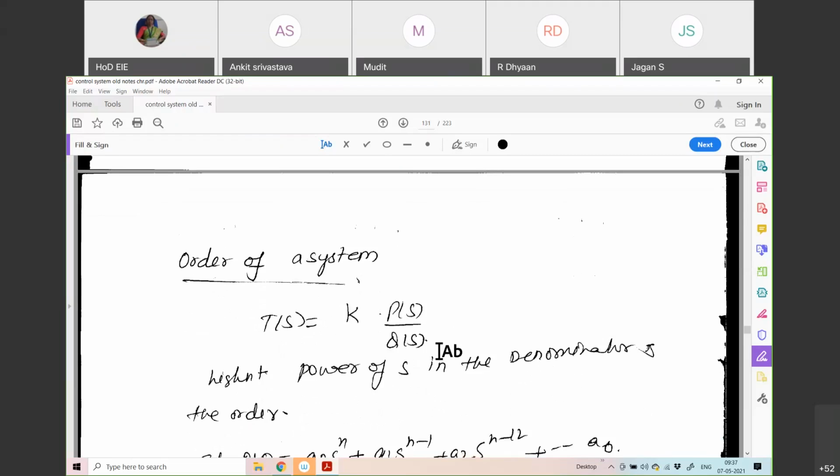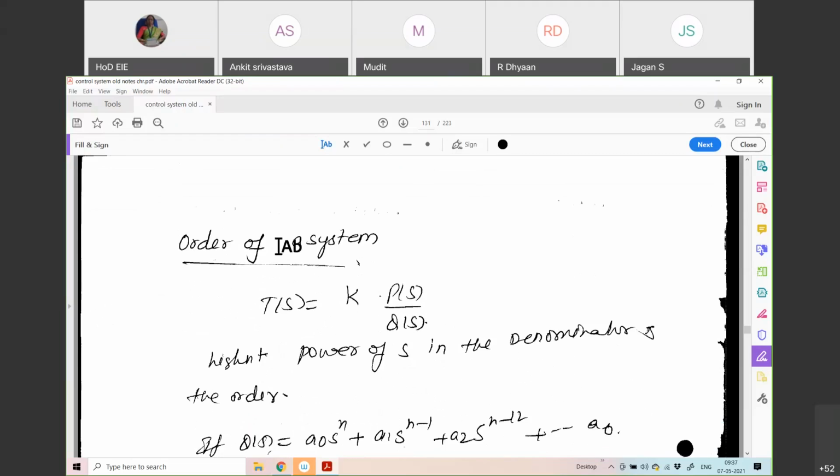Then, coming to systems, there is an important parameter called the order of a system. When you talk about a system, you should know what the order of the system is. In the first class, we learned about transfer functions. There are different ways of representing transfer functions, right? One is the block diagram, one is the signal flow graph, and there are other methods: time domain, frequency domain, differential equation. Different ways it can be represented.